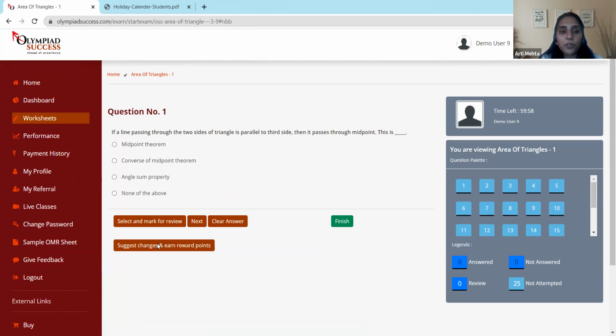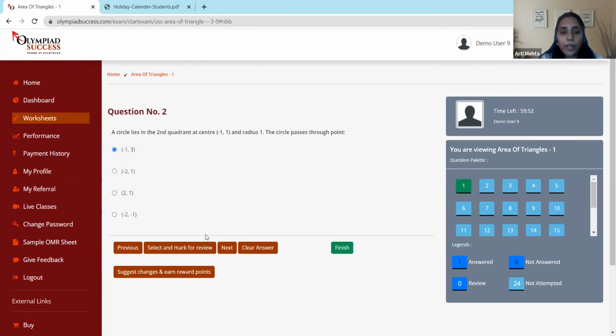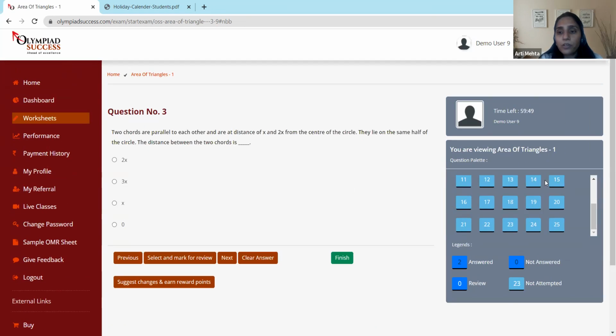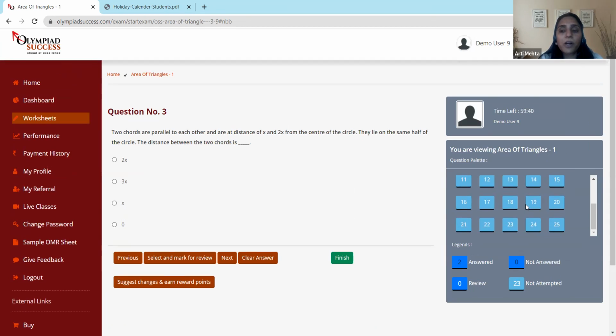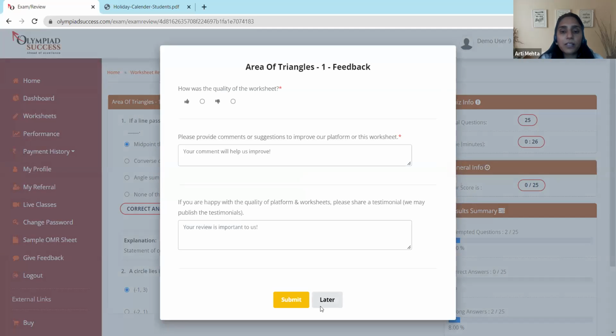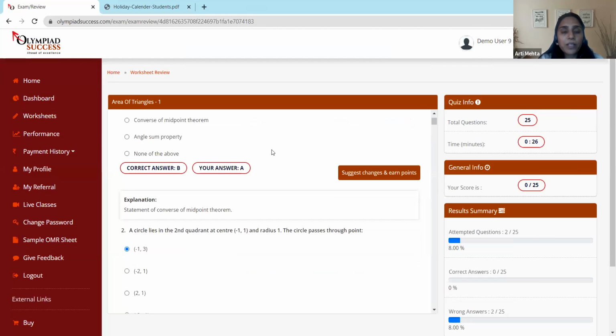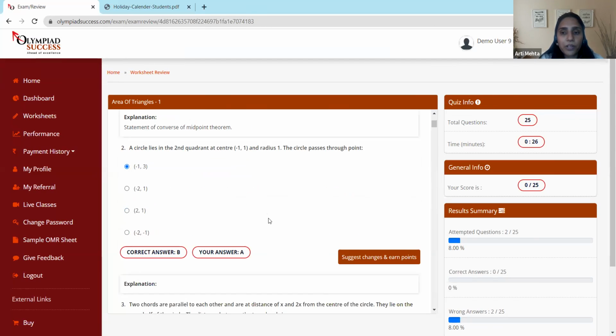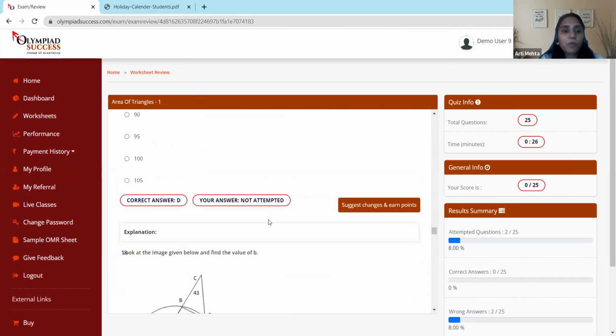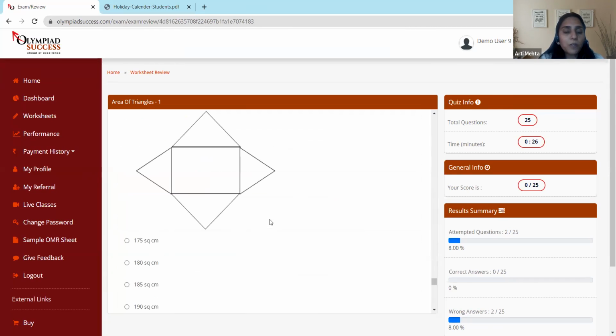You can see the question, the options, and various buttons, right? Once you select your answer, you can move ahead, and you can see the question panel over here. You'll understand that the color is getting changed, so you'll know how many questions you have not answered or marked for review, right? Once you are done, you have to click on the finish button, and your exam will be submitted, and you will be redirected to the answer key page. Okay, so here you can see the question, the options, the correct answer, what your answer is, and the explanation. Correct. So for all the 25 questions, everything would be displayed over here.